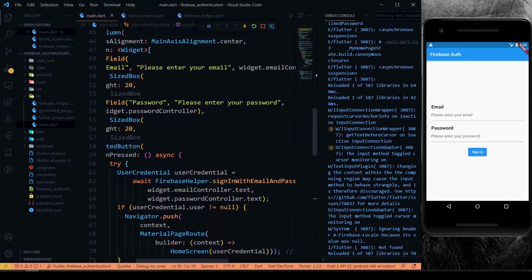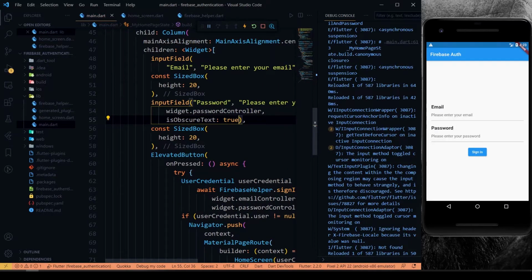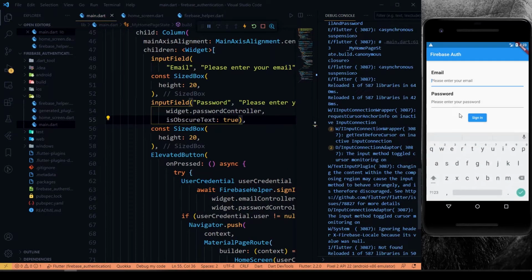For password, we'll be calling this optional parameter and setting it true. Now we will see if I type email, the password won't be shown. Yeah, cool.